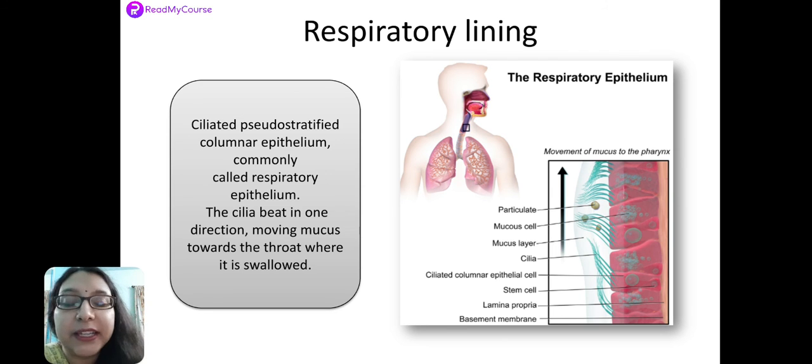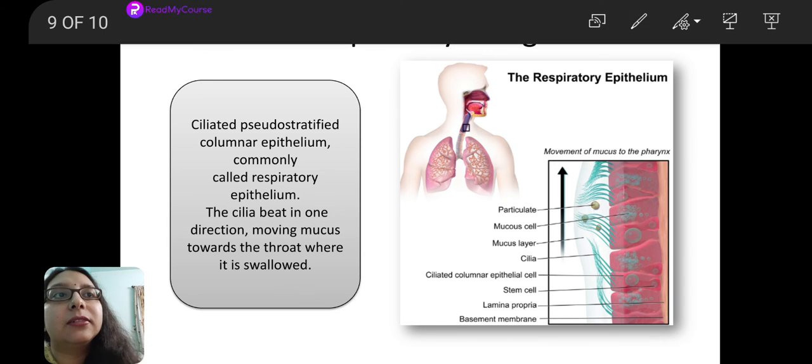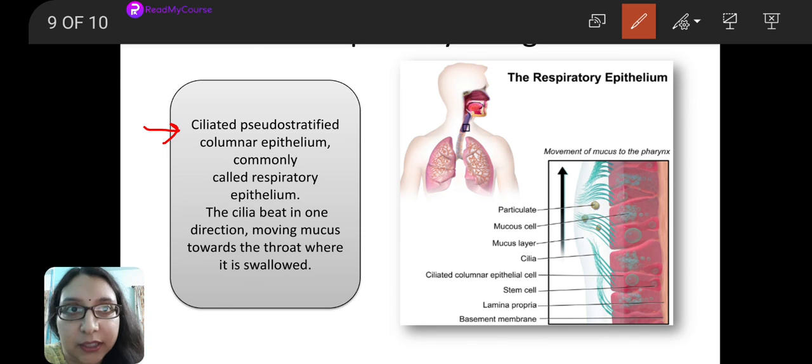This is mainly present from the nasal passages inwards along the conducting system, that is, along the respiratory tract. It is also present extensively in the trachea, right? And another important thing is that the cells of the respiratory tract are of what kind? They are ciliated pseudostratified columnar epithelium,